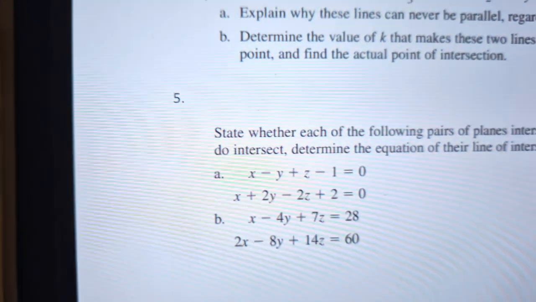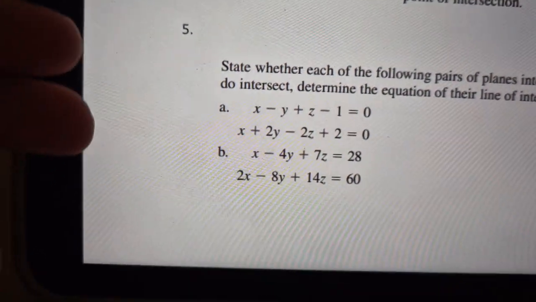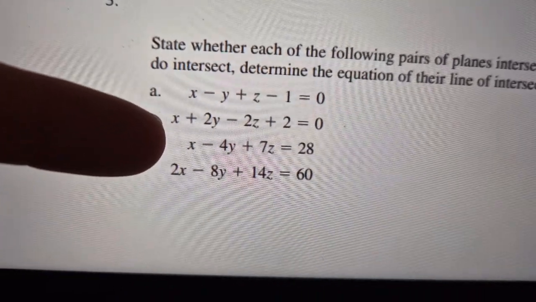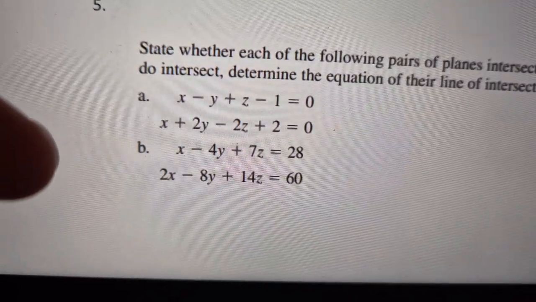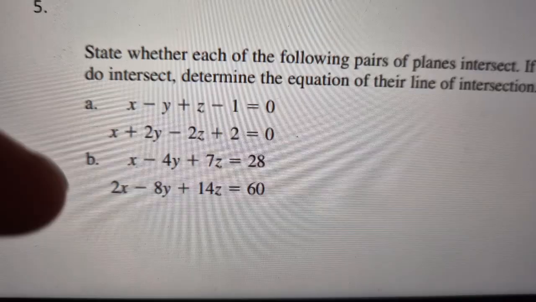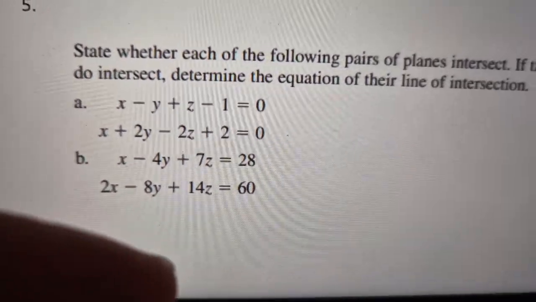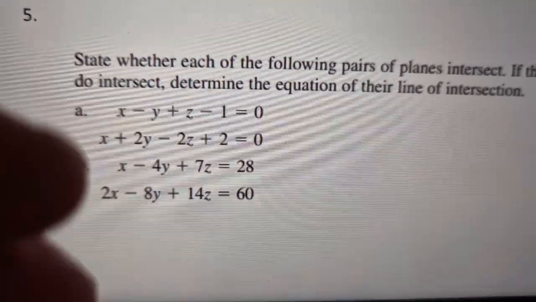And we can see that they are not, by multiplying the first equation of part B by 2, we get 56, but 56 doesn't equal 60, therefore